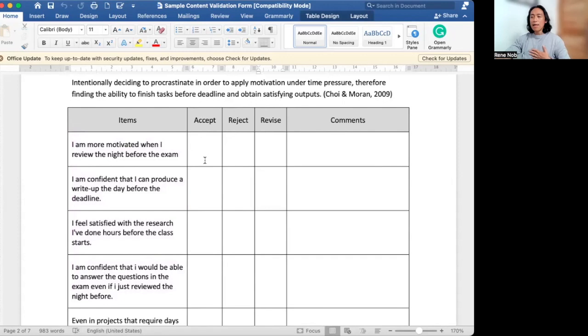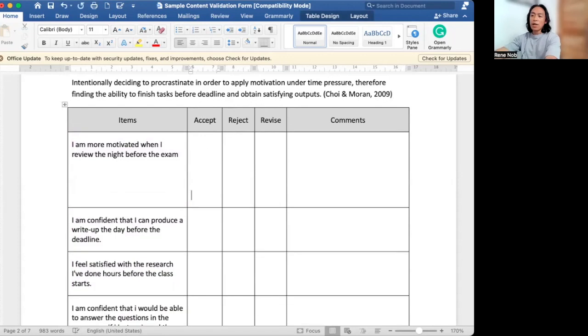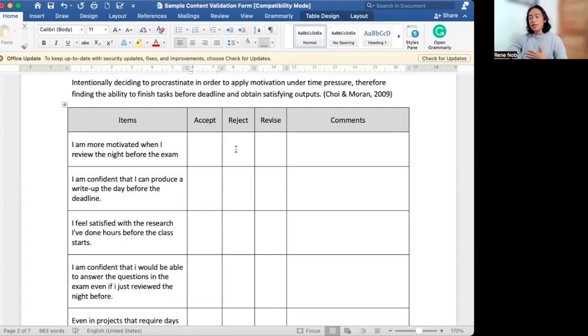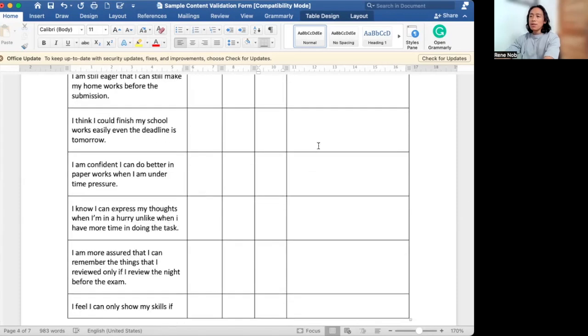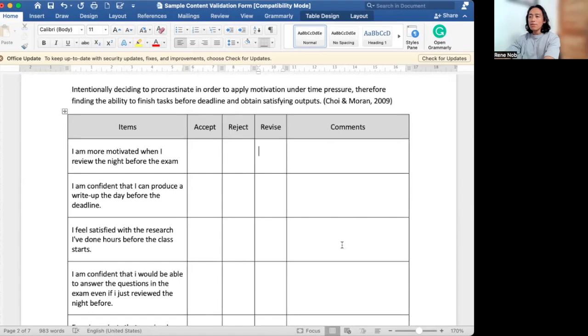So if I'm the validator and I agree with this item wholly, then I would check the accept column, or I will mark it. If I reject it, then I will mark it as so. If I say you need to revise, then I will mark it and put in my comments about what to revise. So this is a fairly simple form that you can use when you seek validation